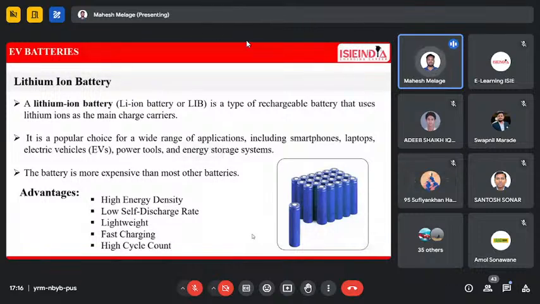That's why lithium ion batteries are preferable in various electrical and mechanical tools and also for energy